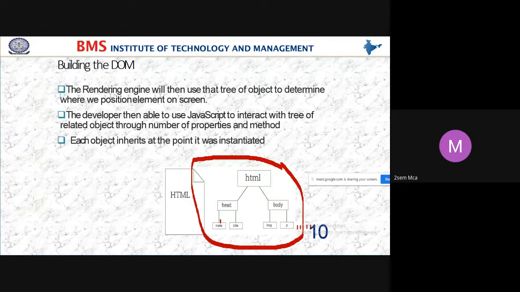So here we'll determine where to position the element on the screen. The developer is then able to use JavaScript to interact with the tree of related objects through a number of properties and methods. With JavaScript, the developers are able to interact with the tree structure, and each object inherits at the